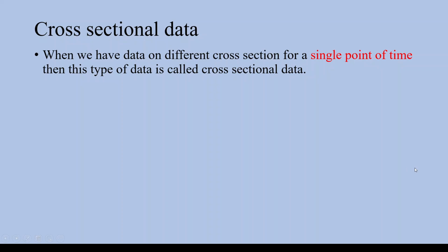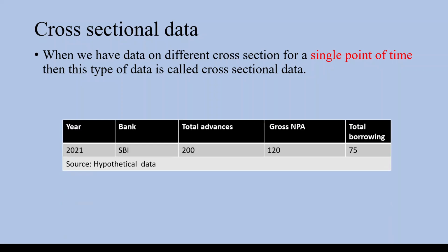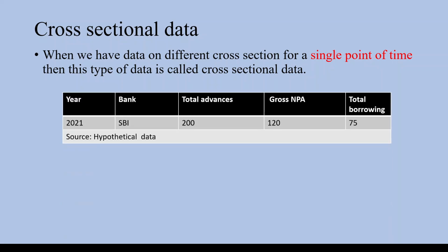This type of data is called cross-sectional data. So here we need to focus on this part which is saying a single point of time. When we have data on a particular entity for a single point of time on different cross sections, then this is called cross-sectional data. So this is the example of cross-sectional data where we have data on